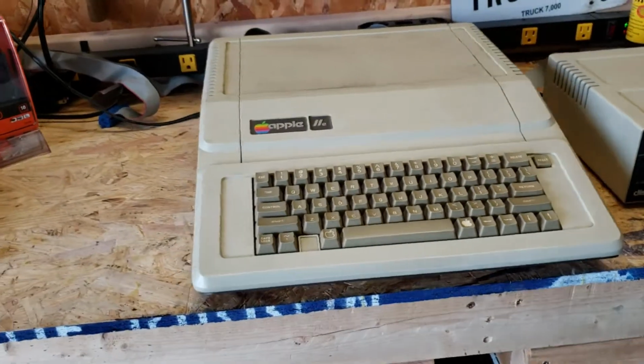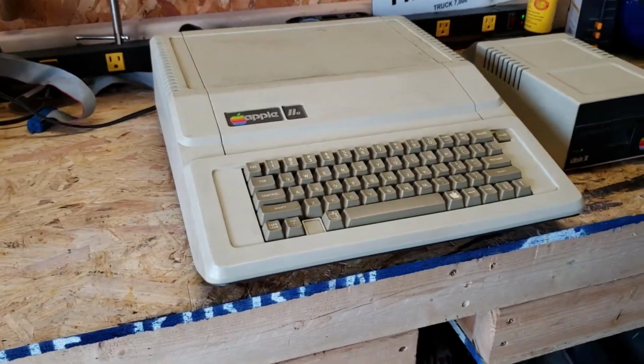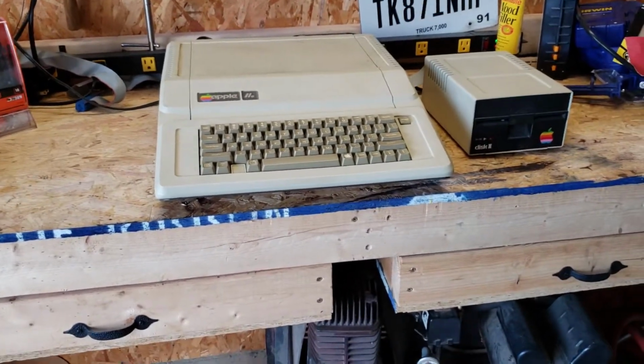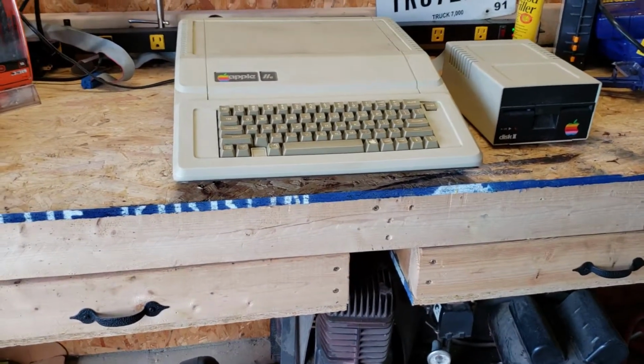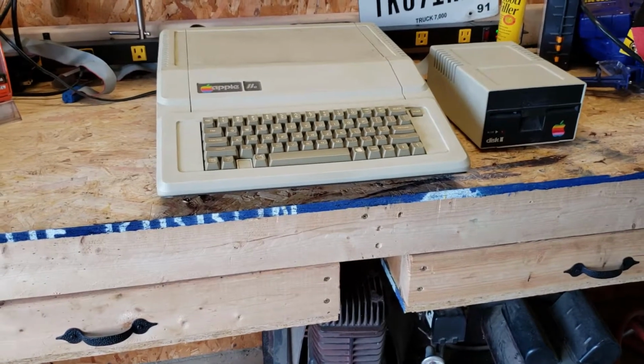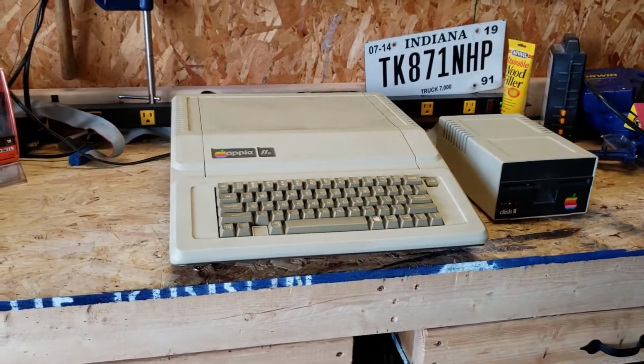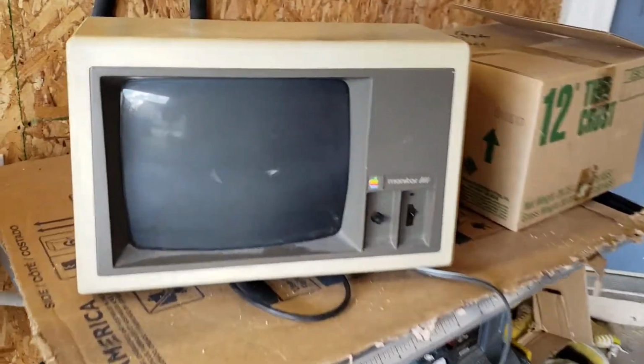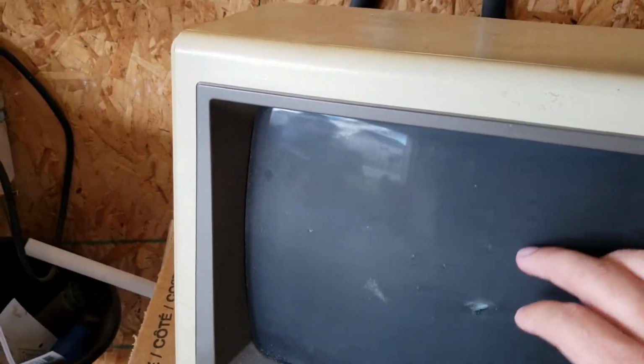So throughout the process of getting this from my cousin, I intentionally didn't go and research too much on the Apple II. I really wanted to kind of figure things out as I went a little bit. You can see here we got our base unit, we got our floppy drive, they're both in pretty good condition. We'll look over here at the monitor section, and the only thing right off the bat that kind of strikes me